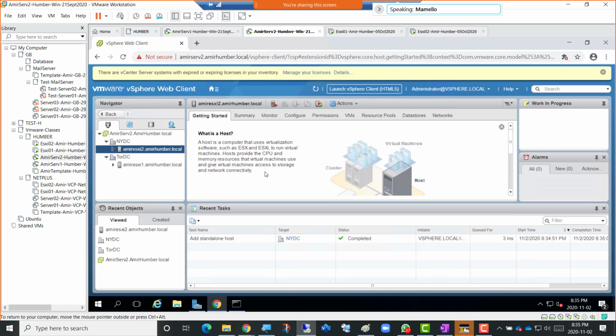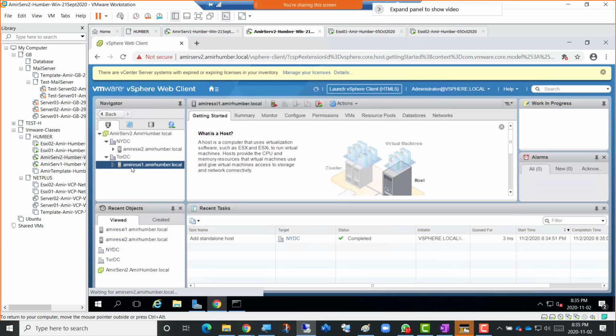Yeah, we are adding both data centers to ESXi2, right? Oh, it's the opposite of that. We are adding both hosts to the data center. So Toronto DC will have ESXi1, and NYDC will have ESXi2. Okay, so ESXi1 goes to Toronto DC, ESXi2 goes to NYDC, and once it is added,